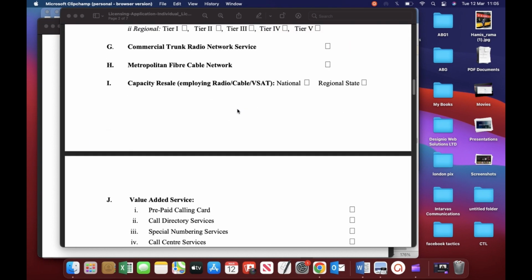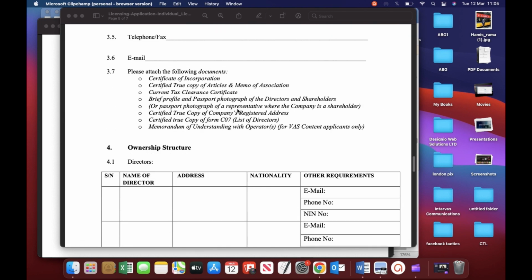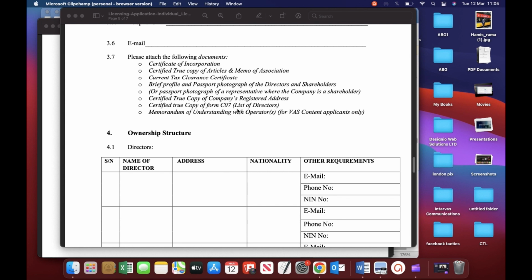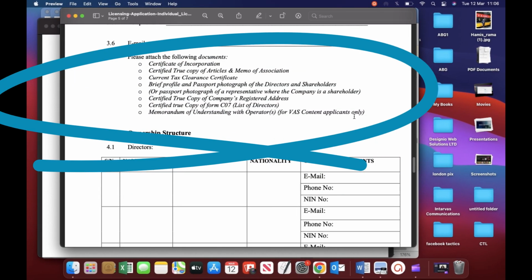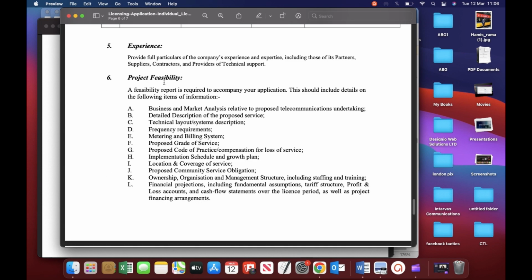And when you go down to item 6 of the form, by the way, I was talking about the documents you are supposed to submit. Look at them, they are really many. The memorandum, the certificate, anything about your company. Even the profile of your executives or your company management, you have to include it.